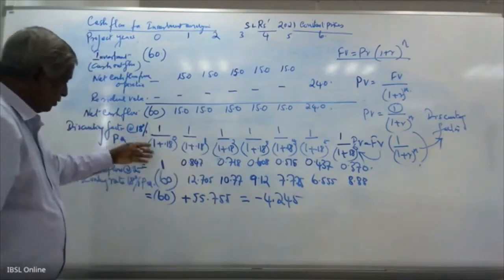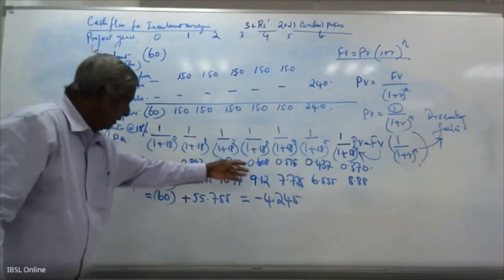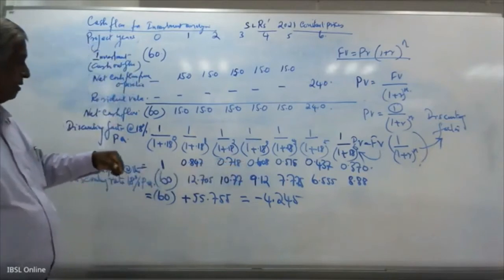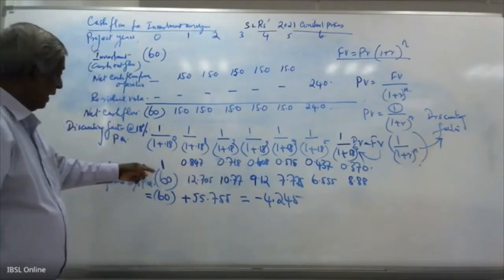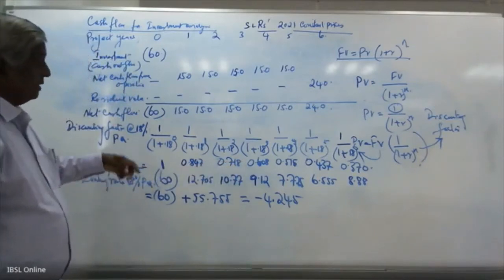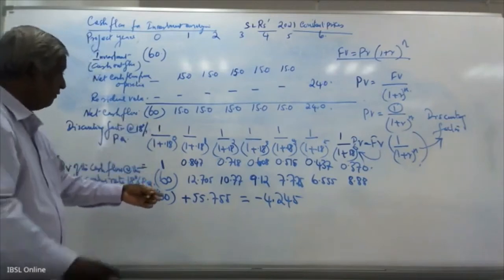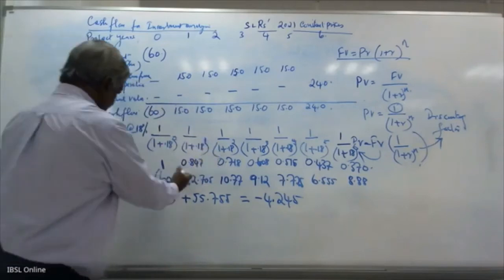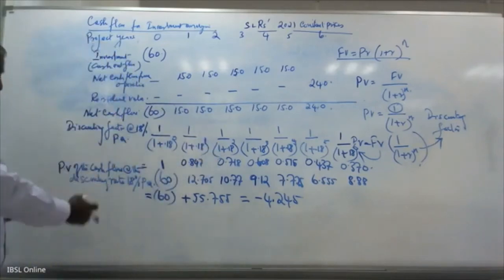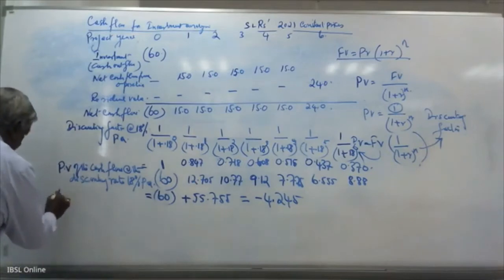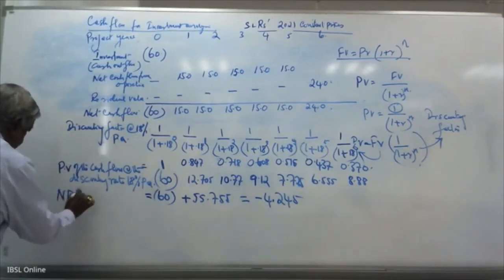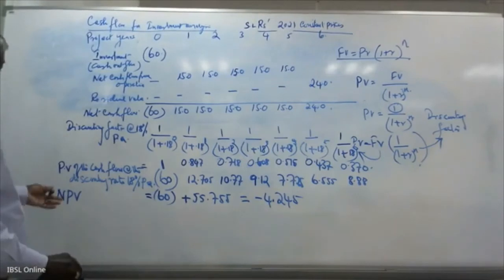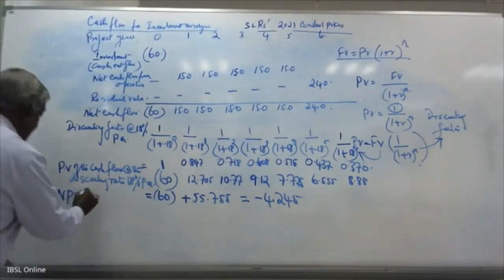Now there is a positive value, that is present inflow values, and there is a negative value, present outflow value. Now we get a net flow. Net of present value. We call it NPV. Net present value of cash flow